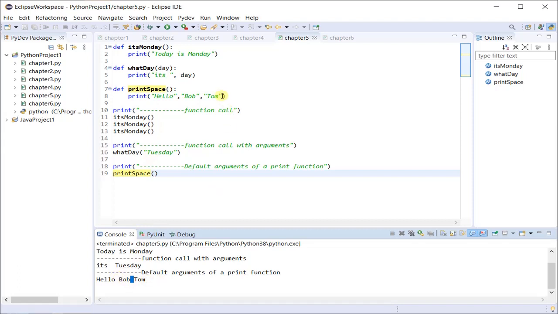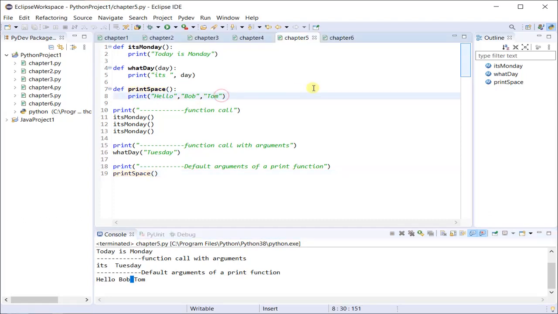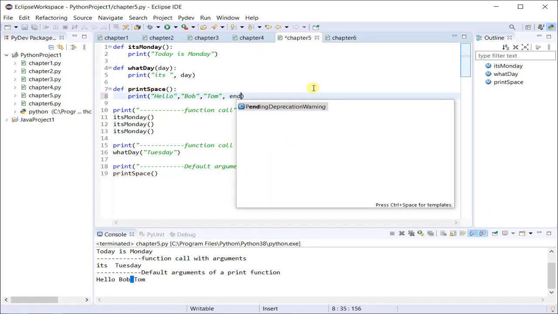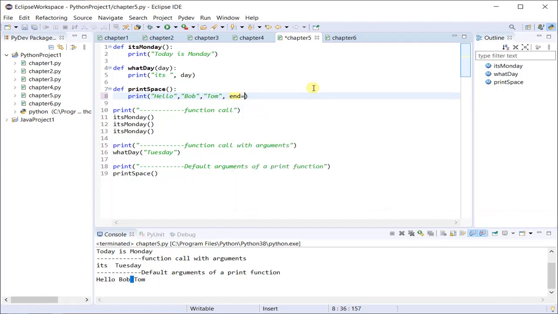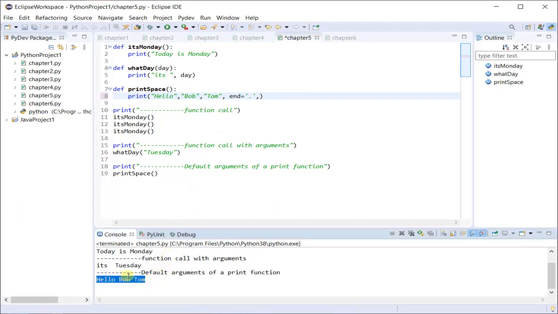So the print function by default has two optional arguments called end and sep. We generally do not provide these arguments, but the end argument is used to specify how you want to end your print line. So here the text which I have printed, hello Bob and Tom, will be ended with a full stop, a period.